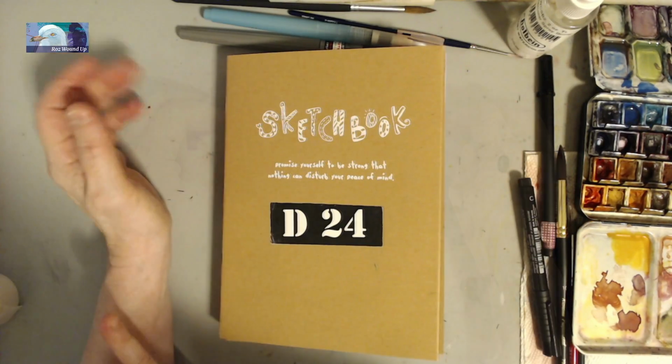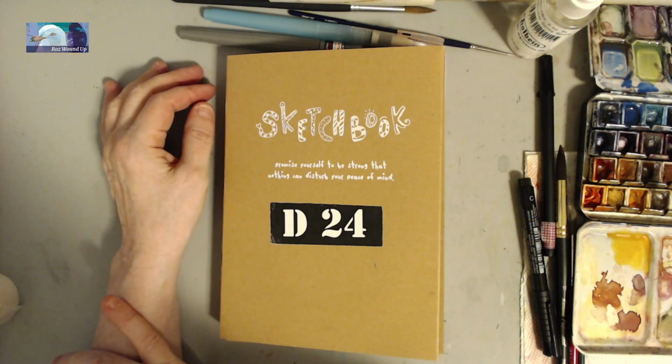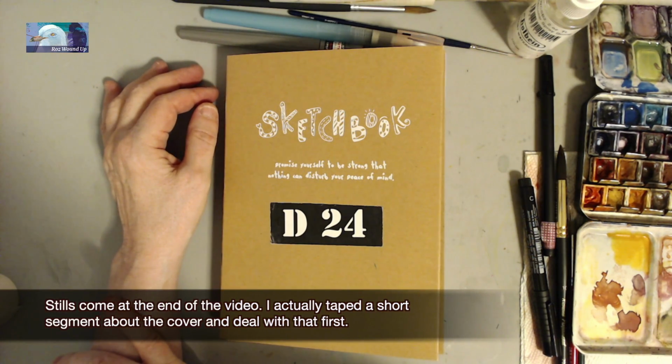So I'll pop in now some stills of pieces that I did in this book so you can get an idea, and I will